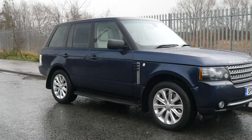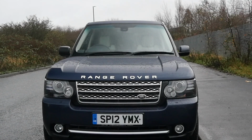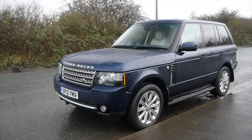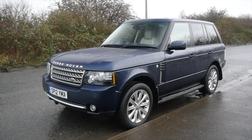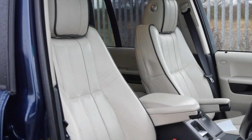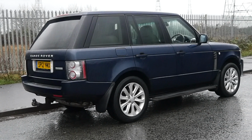So, it's a 4.4 TD V8 Westminster, 2012 on a 12 plate, has done 59,495 miles, got a great service history, MOT'd until the 7th of April 2021, last serviced on the 30th of the 7th 2020 at